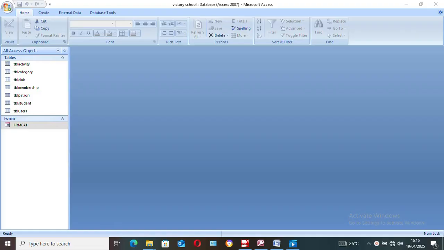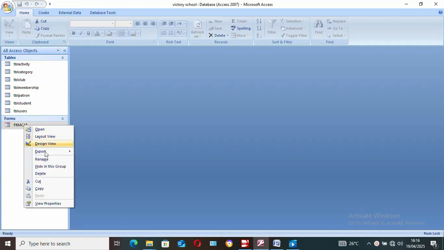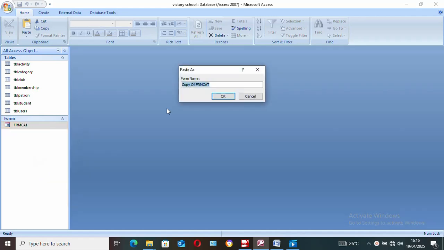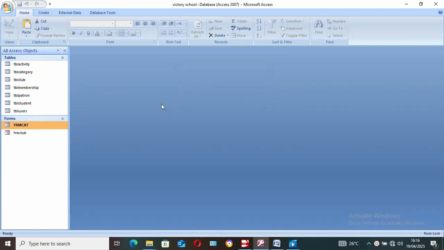Created the table, the form for categories. We are going to create another form. So I normally like copy and pasting, so I'm going to copy this one. So you copy the form and then you paste, and then this one you are going to create the form for entering details that are related to the clubs that we have. So you can say okay, then you go back to design,